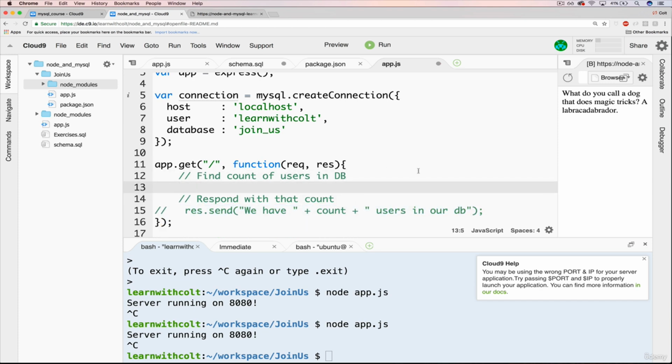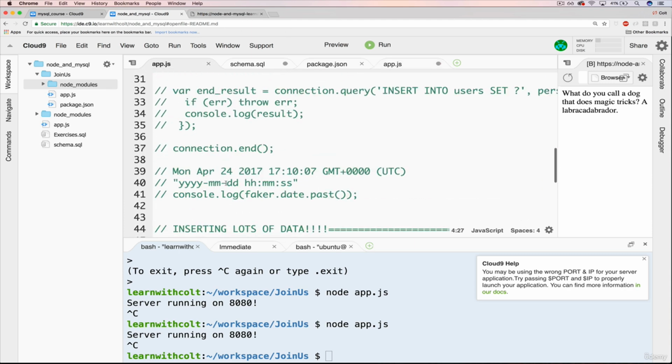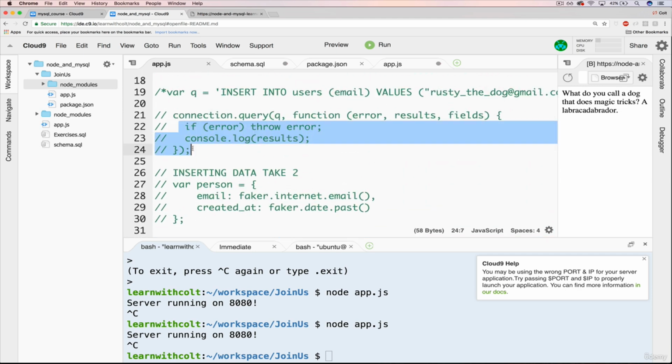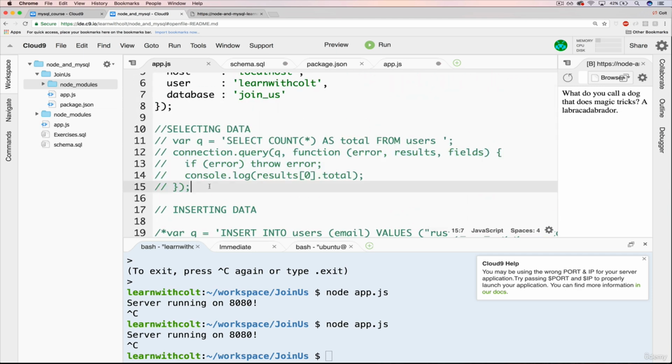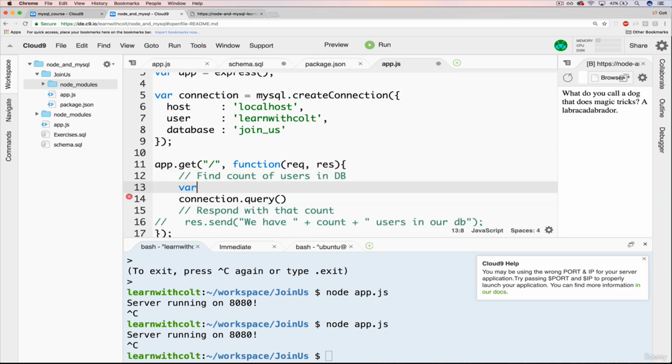So to find the count of our users in our database, we need to do a connection.query, which we've done before. Remember, it's all the stuff we were doing over here. connection.query. And what is the query we want to write? Let's do it in a separate variable. So var, I'll just do q again, equals a string, select count